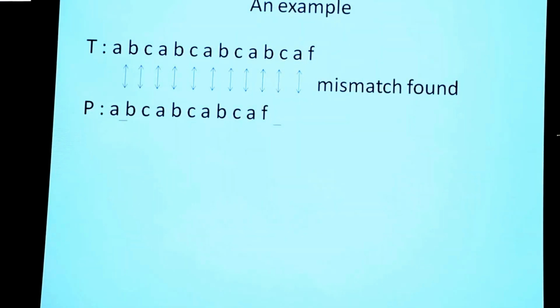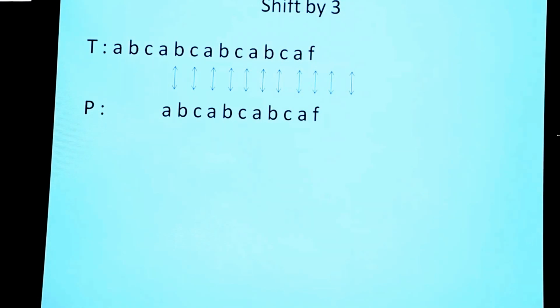Now look at this string. I'm comparing it with the naive method because that gives us an idea. A mismatch is found at this position. The naive method would have shifted it by one position. But as we can see, we can shift the pattern by more than one location. There's a slight misalignment here. We can shift the pattern by 3 positions instead of 1.